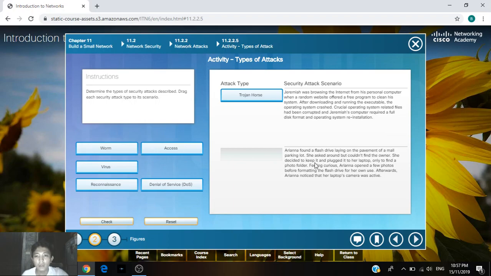So the next scenario is Ariana found a flash drive lying on the pavement of a mall, and she asked around but couldn't find the owner. She decided to keep it, plugged it into her laptop, only to find a photo folder. Feeling curious, Ariana opened up the photos before formatting the flash drive for her own use. Afterward, Ariana noticed that her laptop camera was active. So